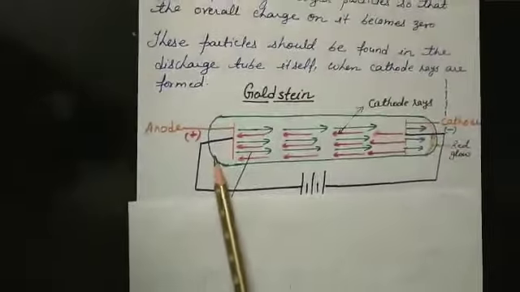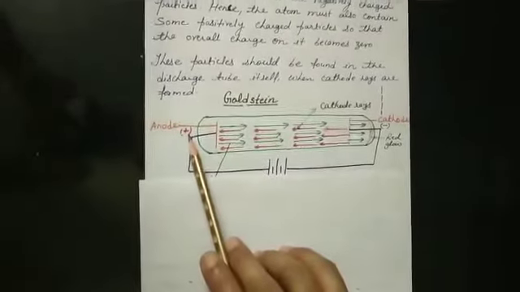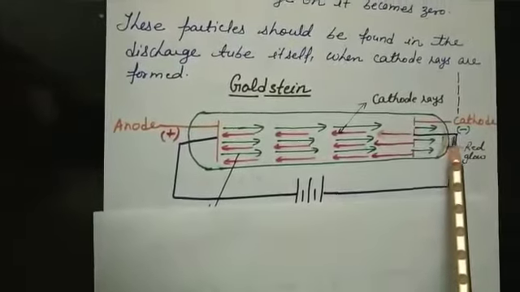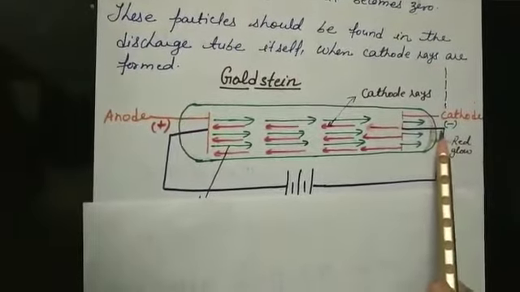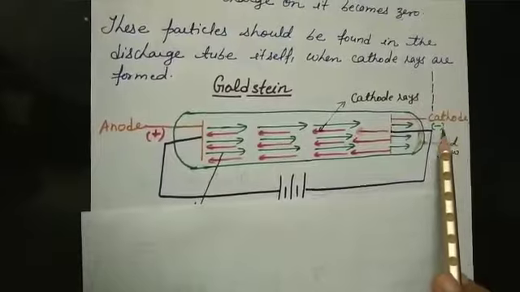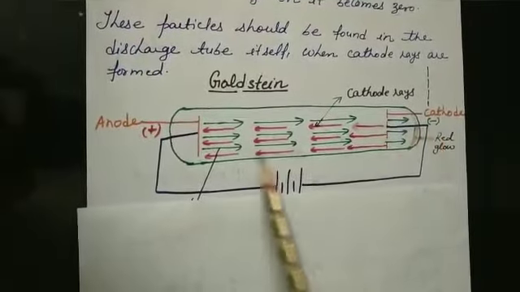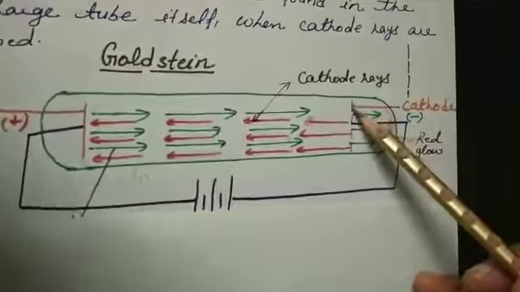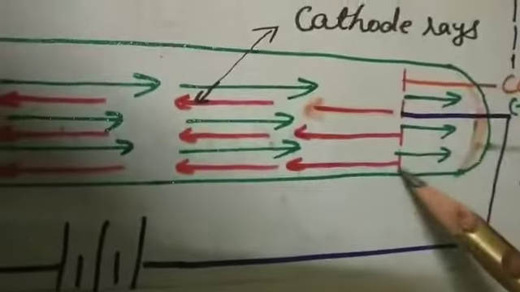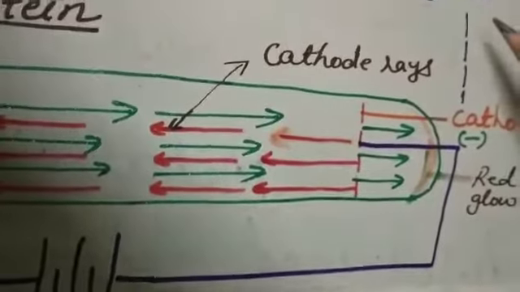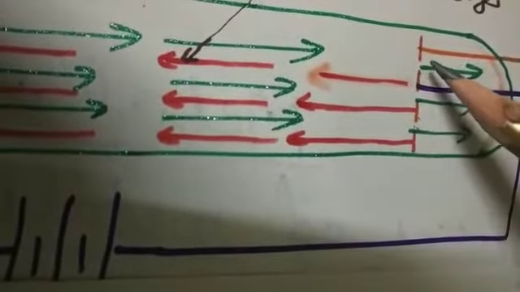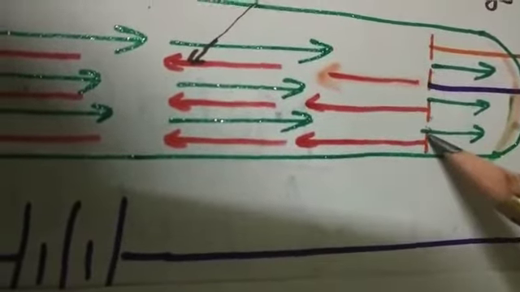This is one discharge tube. One end of the tube is positively charged, that is called the anode. Another end of the discharge tube, that electrode, is called the cathode, which is negatively charged. But what is the difference in this? Here students, you can see very carefully the cathode has holes. I have drawn it separately also. You can see the hole in it. So here the cathode is perforated. In your book the word used is perforated, which means having holes.